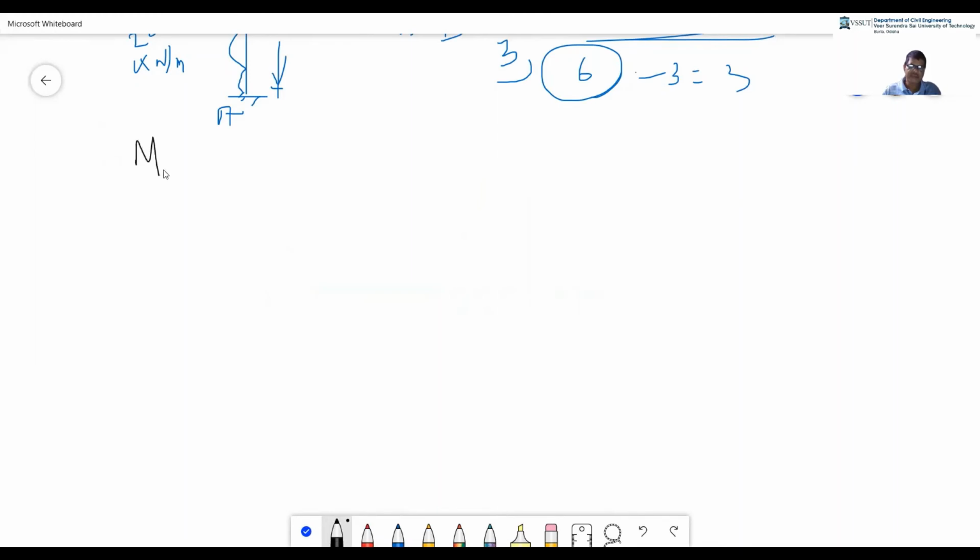Mechanism in AB. Another interesting thing: this support is a hinge support. Support A is hinged and support D is fixed. That is the change here, so a typical problem is given. Now for this span AB, what will happen in AB? This is hinged, so no hinge will come here because this is already hinged.